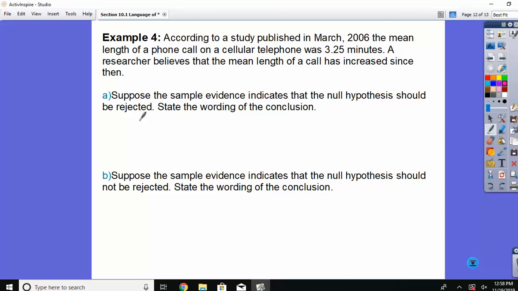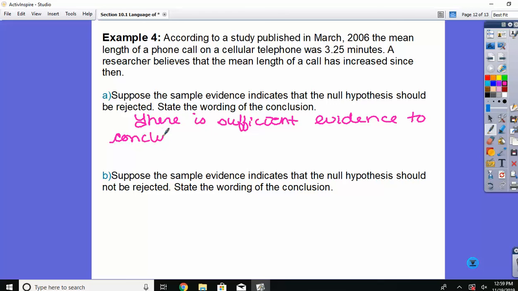So our conclusion, we would say there is sufficient evidence, we have enough proof, to conclude. Remember on this one we said the null hypothesis was that the mean phone call length was 3.25, and the alternative was the mean is greater than 3.25. So if we are rejecting the null, that means we believe the other one. So there's sufficient evidence to conclude the mean phone call length